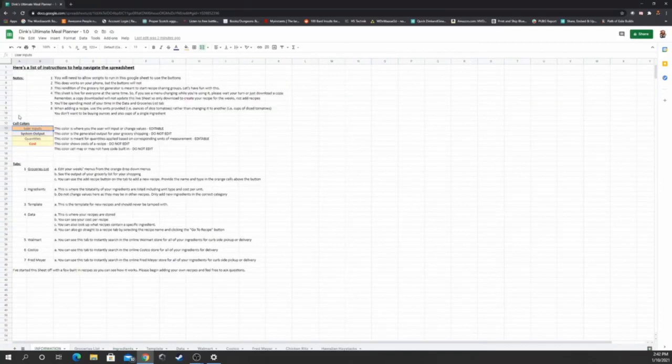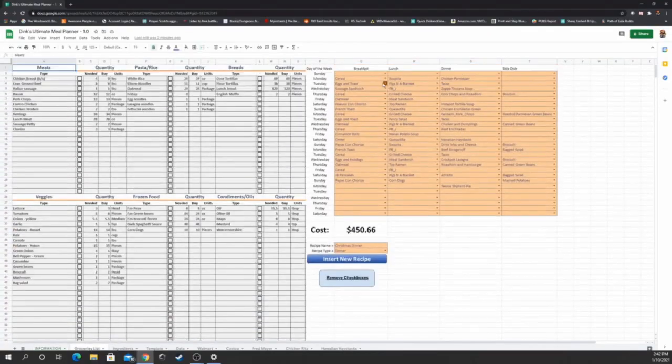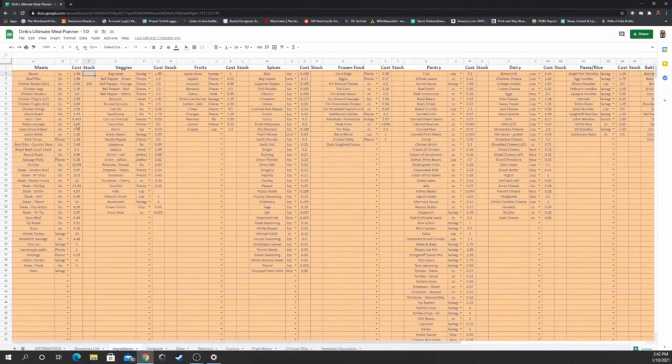This little area right here is just explaining what the different colors of cells mean. So these orange ones are editable. These are your inputs, and this is where you change things. You can see that color on the grocery list where you make your recipes and put in your new recipes. Ingredients, it's pretty much all orange. This is 100%